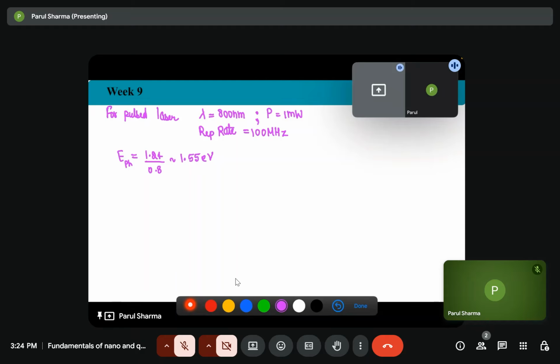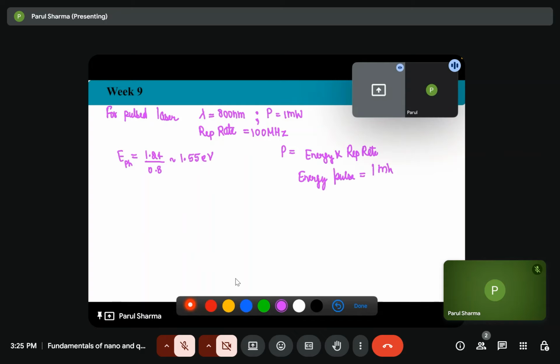And how can we define the P? Like we want to have energy per pulse. So P is given by energy into the rep rate. Okay. So energy of pulse will be given by